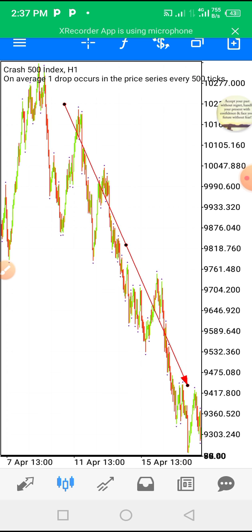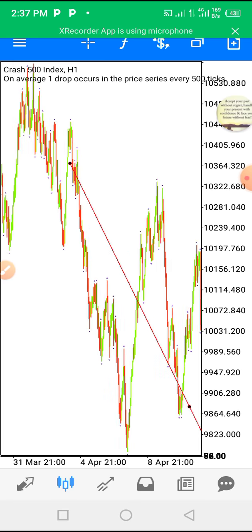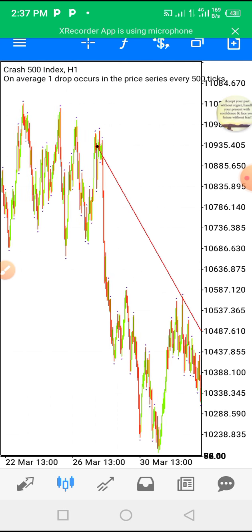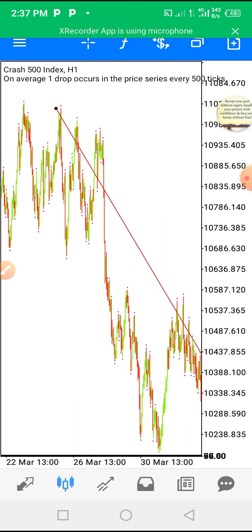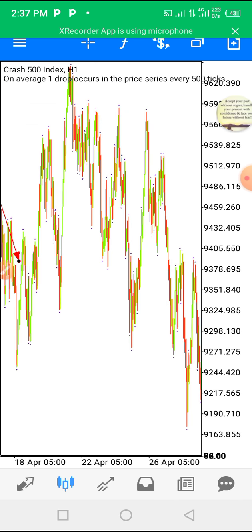So this one is a downtrend. This one is a downtrend. The market was down there, but the other side started a long while ago. It started all the way from far. You see, from here the chart was pointing down. And even though it's still down, even up to this moment,